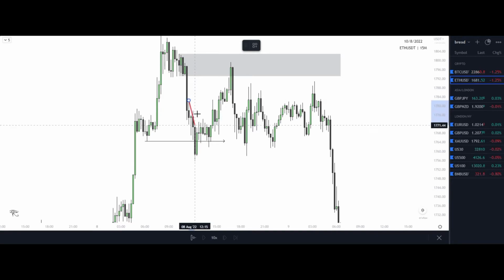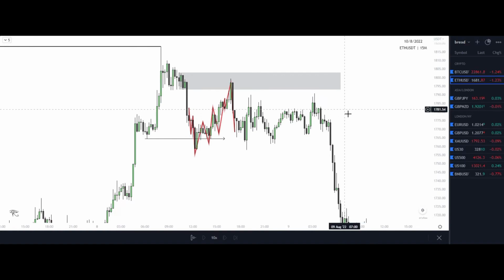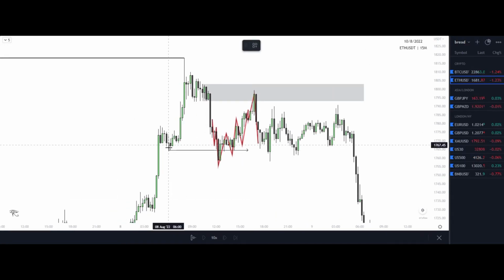Let's make it simple, right? Make it simple. That's all we need to do every single time because we are looking for just our rule of steps. Low, high, low, high, break of structure. Right, so if we see this, and then I draw that higher time frame structure as well. So I have a high,